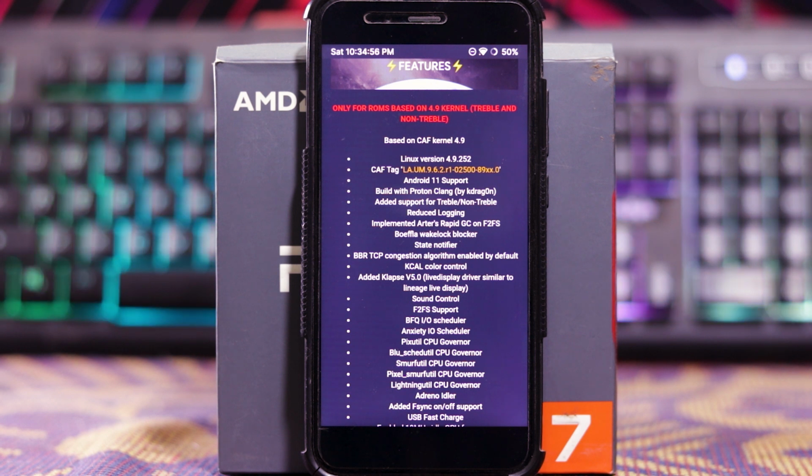The features are based on CAF kernel 4.9, Linux version 4.9, CAF tag, Android 11 support, built with Proton Clang, added support for treble and non-treble ROMs, reduced logging, implemented Alter Rapid GC on F2FS, Boeffla Wakelock Blocker, State Notifier, BBR TCP congestion algorithm enabled by default, KCAL color control, added Klapse version 5.0, that has live display, a driver similar